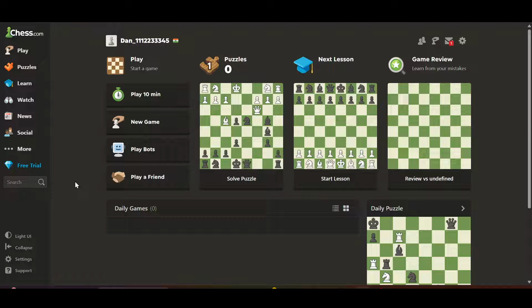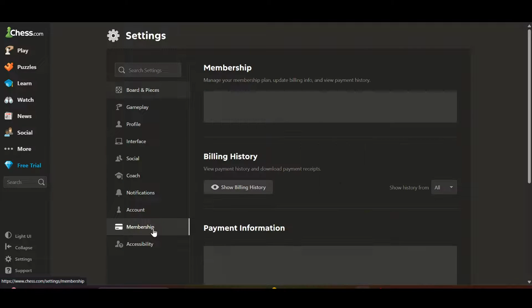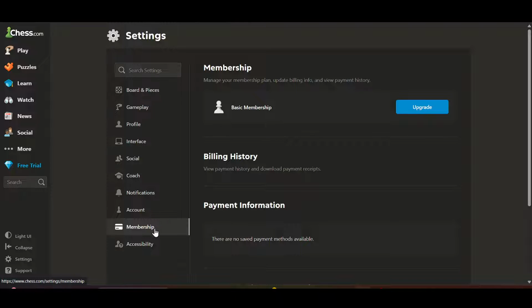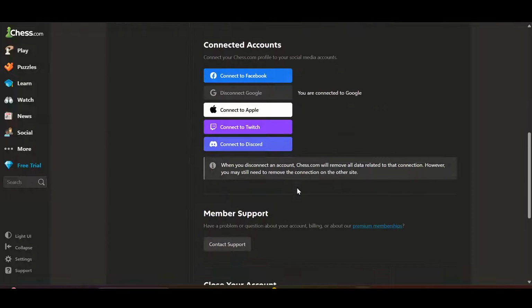Now, after signing or logging in, you will see this type of dashboard, and then on your left side, when you hover to the settings option, you can see the options of all settings. Click on this option, and then after coming here, click on membership. If you don't find it in the membership, you can click on accounts,